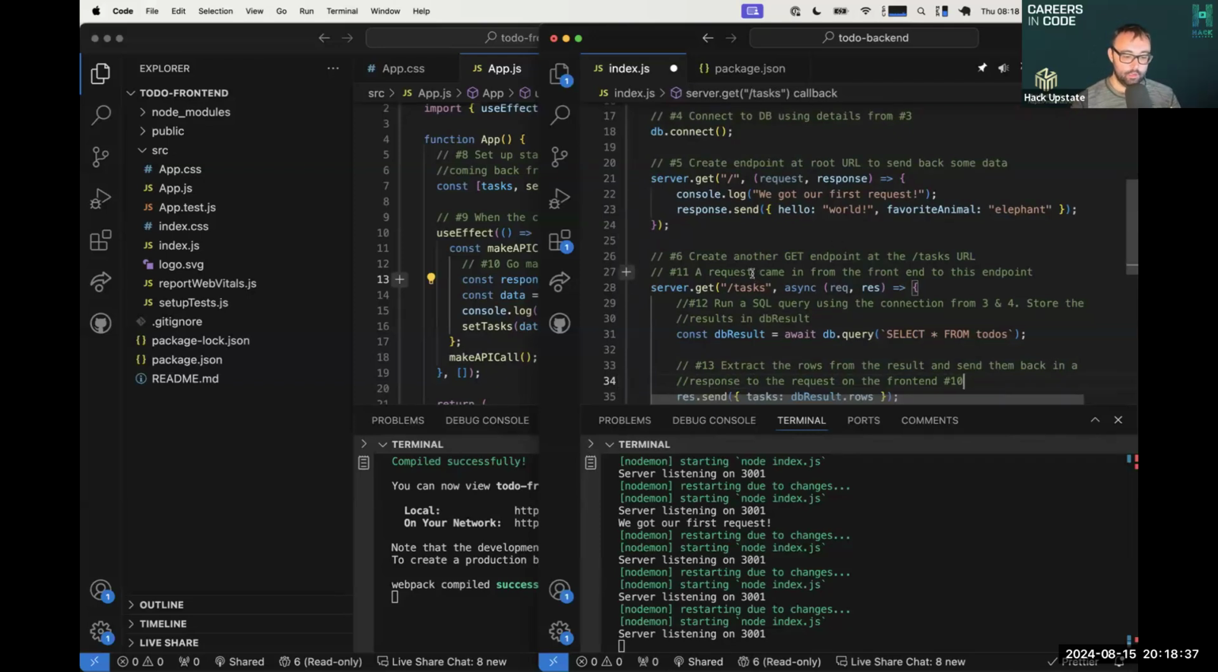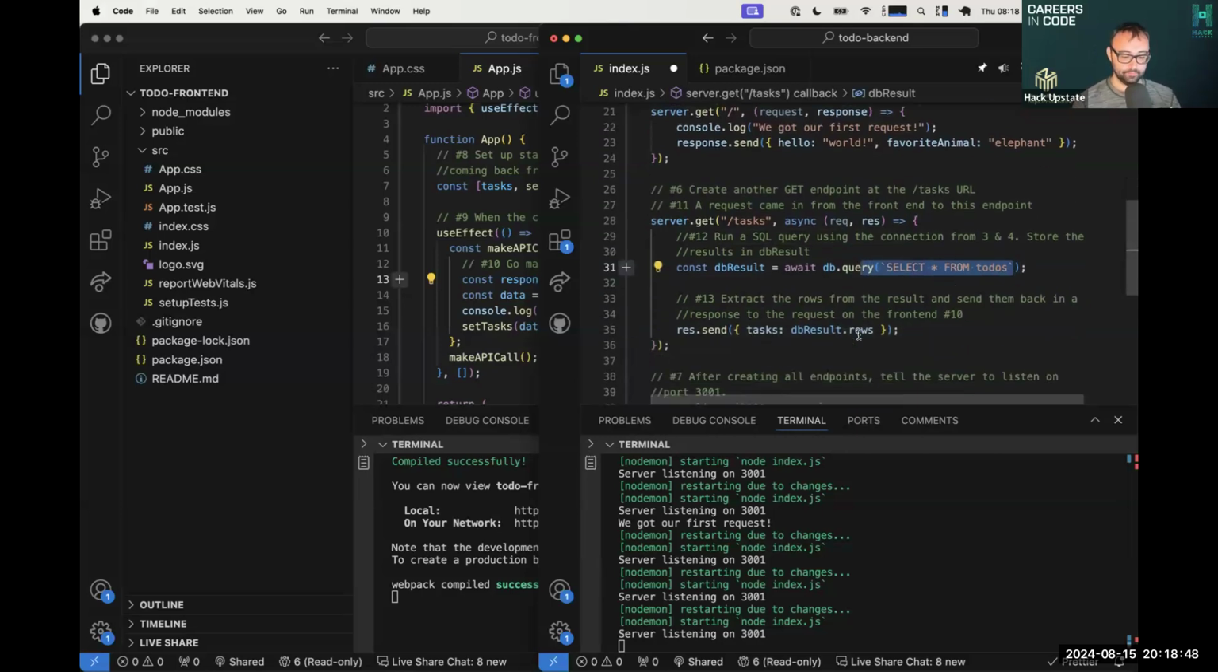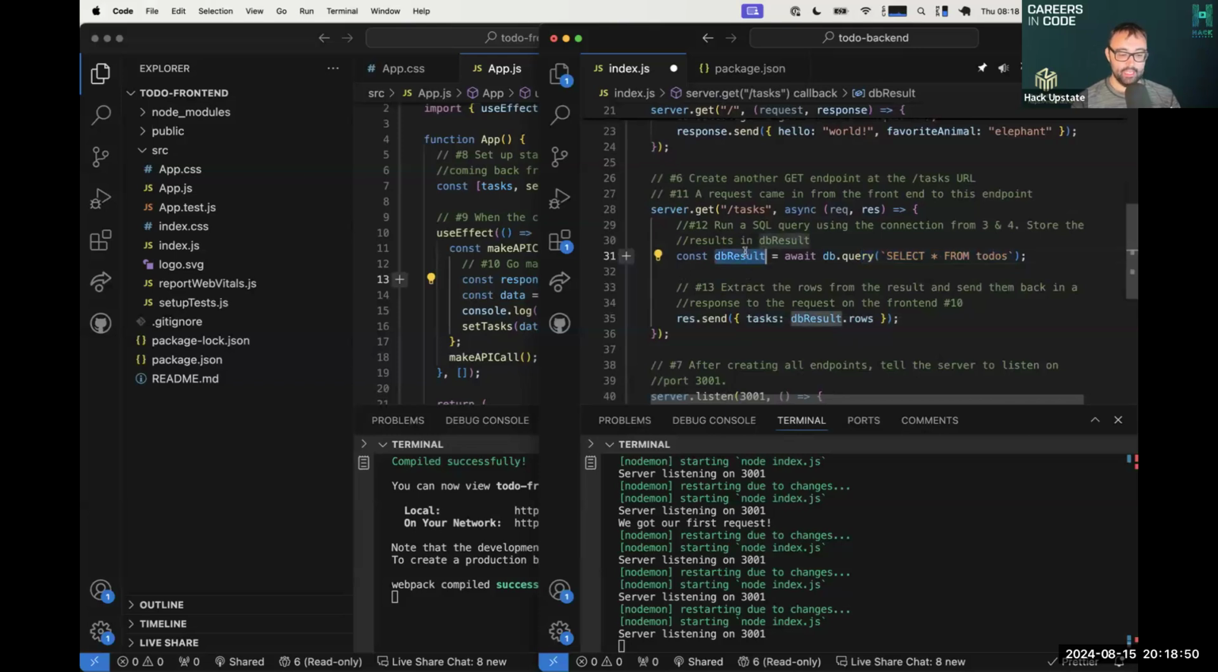So the backend says, all right, I got a request in. 12, it goes to the database and goes, yo, database, give me all the data from to-dos. Data comes back into DB result. The backend server then extracts out the rows and sends back only the tasks to the response of the request